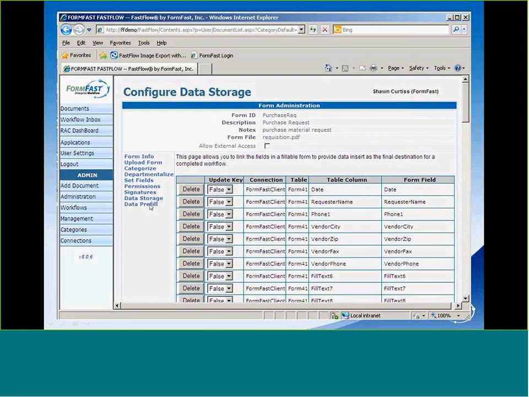So you're in this form properties and you click on the data storage field for the first time and you haven't mapped any data to it, you have the option of either mapping that data to an existing data table or create a new data table in the FormFast client database table for that data. And what that does is it generates a table in the FormFast client and it maps each